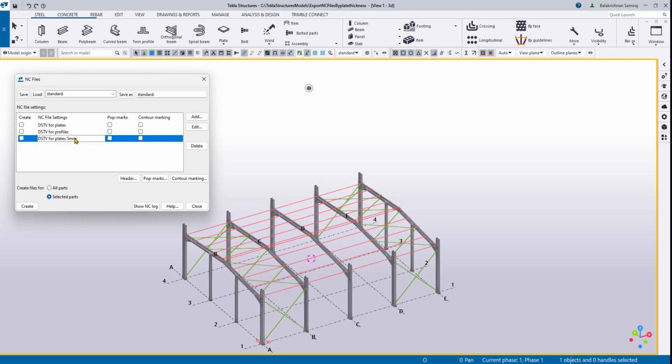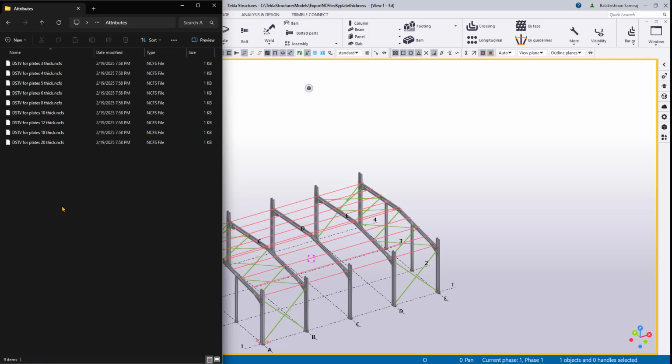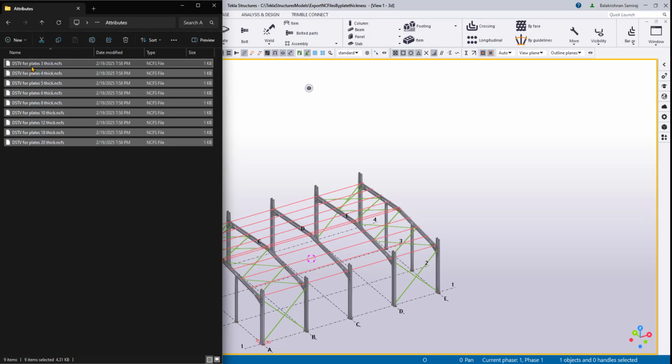Similarly, you can create multiple settings based on the thicknesses that you frequently use in your shop. You can copy this, and create as many as you need. Right now, I don't want to use this setting. I have created predefined settings that are available in my folder here. Under the attributes folder, I have created all these thicknesses. I will copy all these files